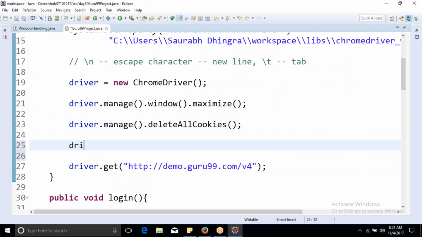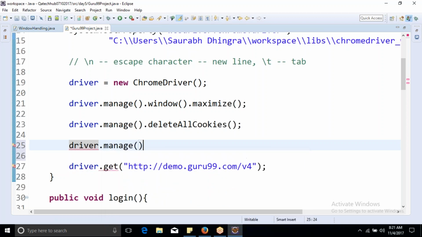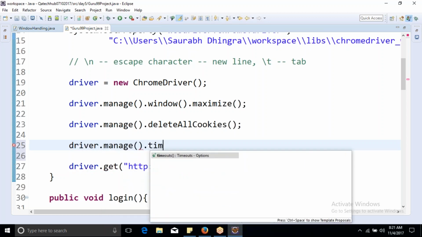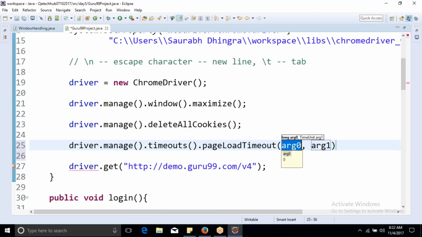So it will be driver.manage.timeouts.pageLoadTimeout, and the time I'll give is, let's say, 60 seconds, but you have to